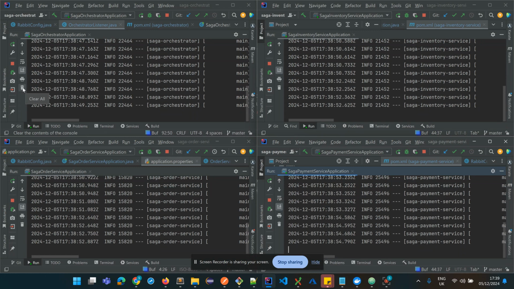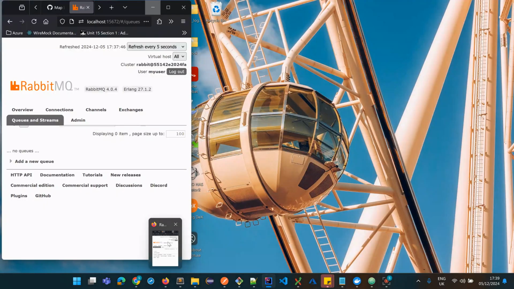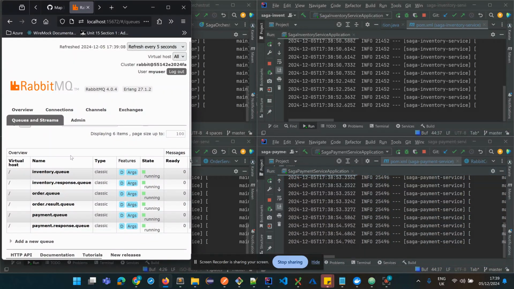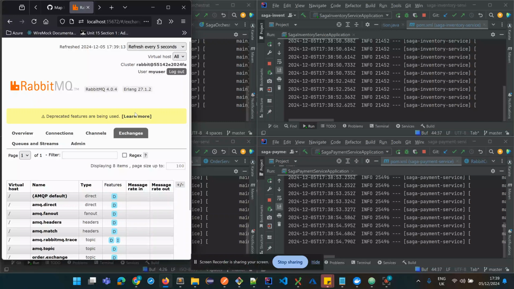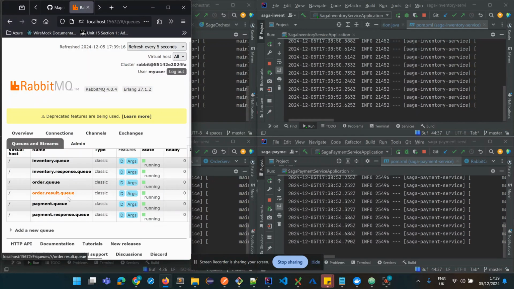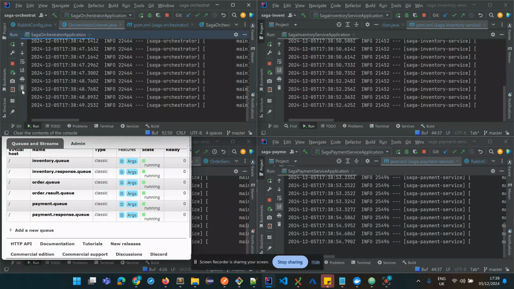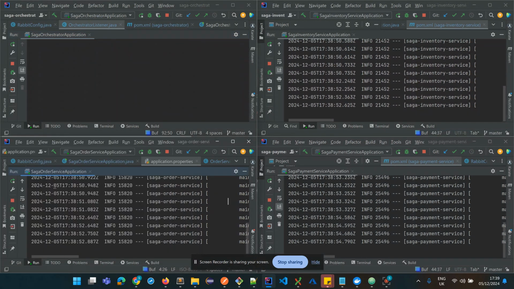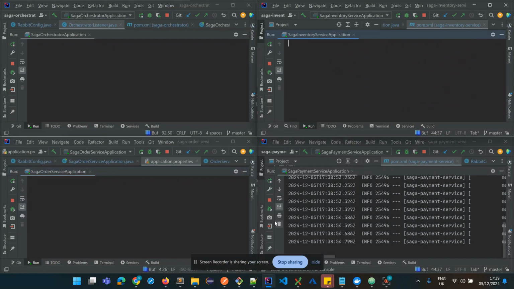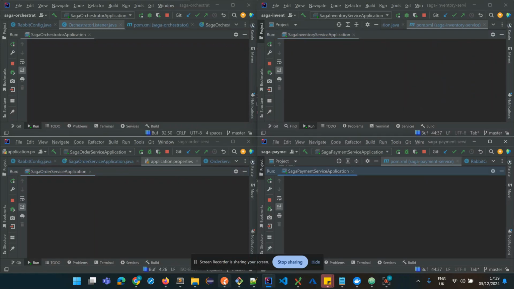I have started the applications. Now let's go and see the RabbitMQ console. So we have the exchange, which is order.exchange, and queues. These are the queues that got created when I started the application. So that's it for the configuration purpose. Let me clear all the logs. Okay, so go back to the